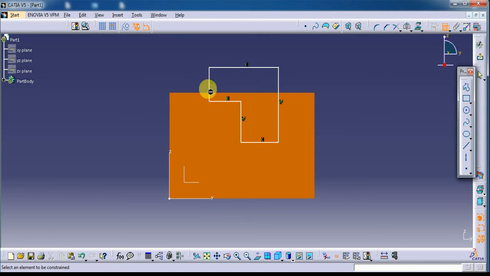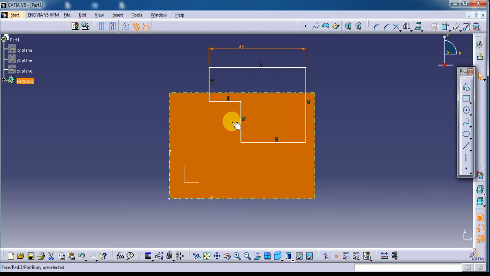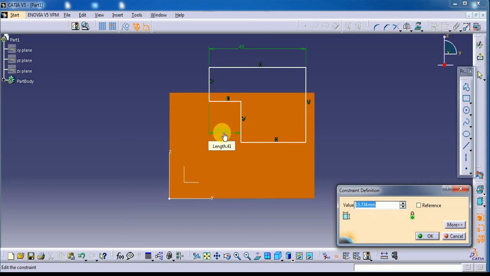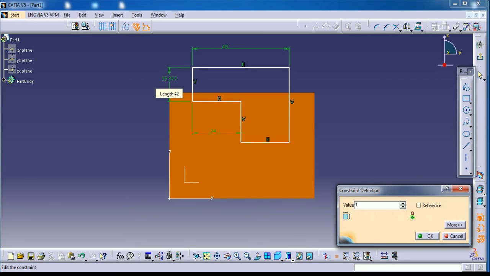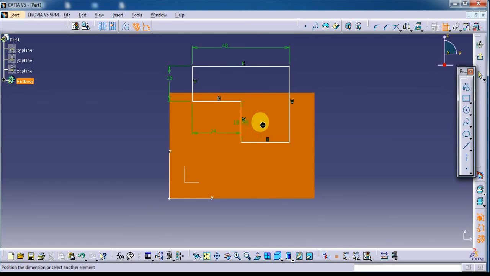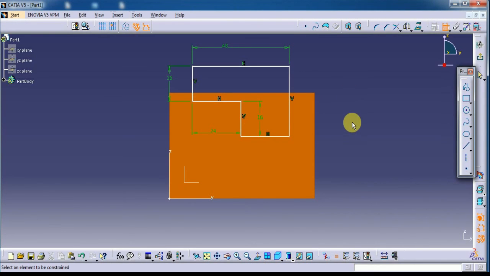Let's give the dimension. It is 24 plus 24, 48. Okay, and its length is 24, so automatically it is also 24. Now we want the depth of this line. It is 16 and this line is also 16. Okay, now let's constrain this sketch with